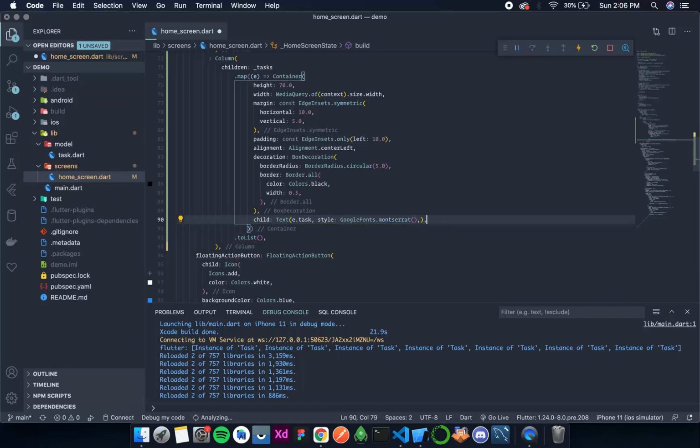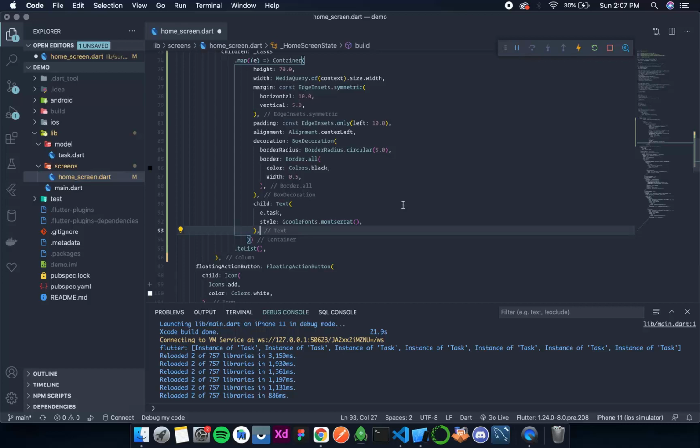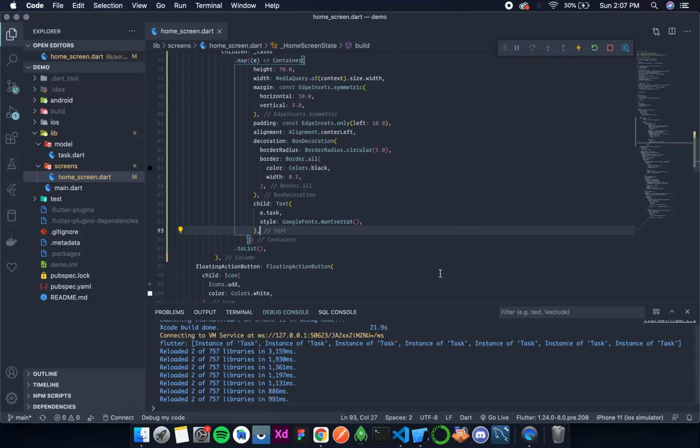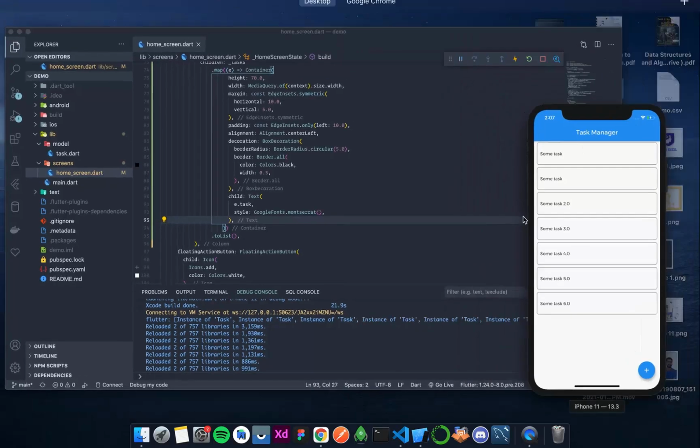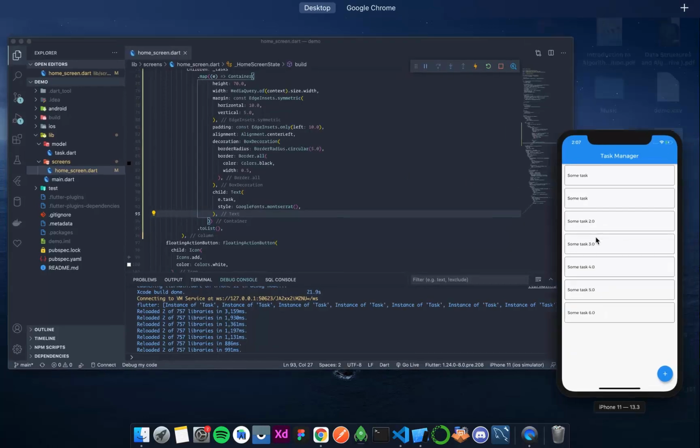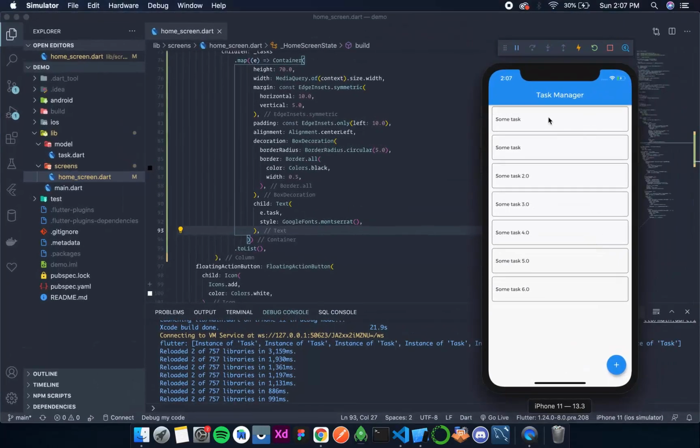Okay, let's format this. Now let's save this, and the text is in the font of Montserrat. Okay, so now the basic UI is done.